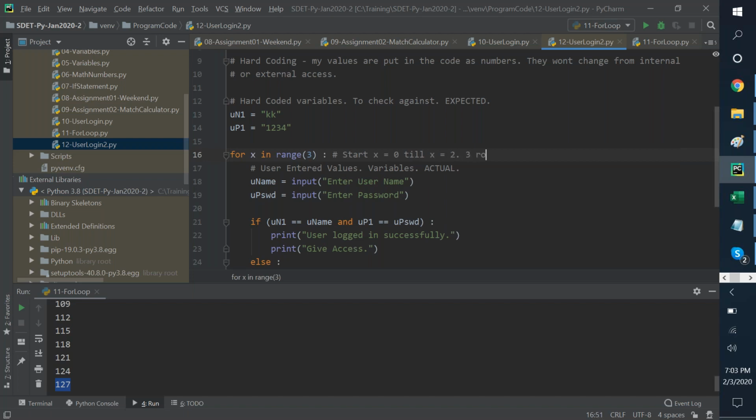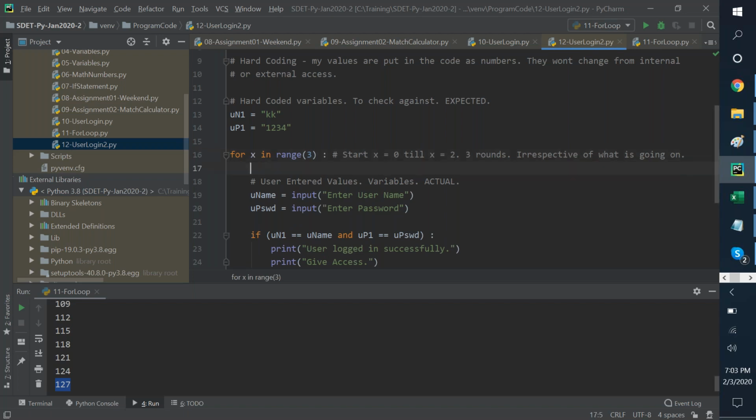So 3 rounds, irrespective of what is going on. It's just a blind counter. For is a blind count. It's got nothing to do with it. It just counts. It will not analyze anything.